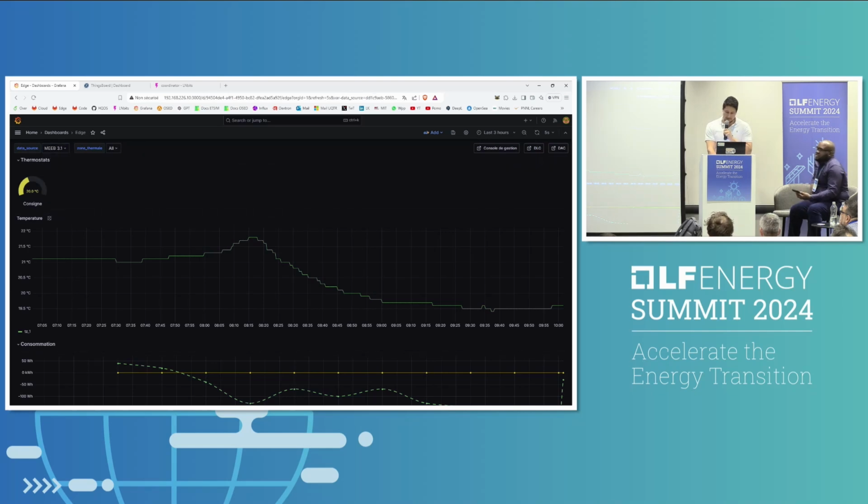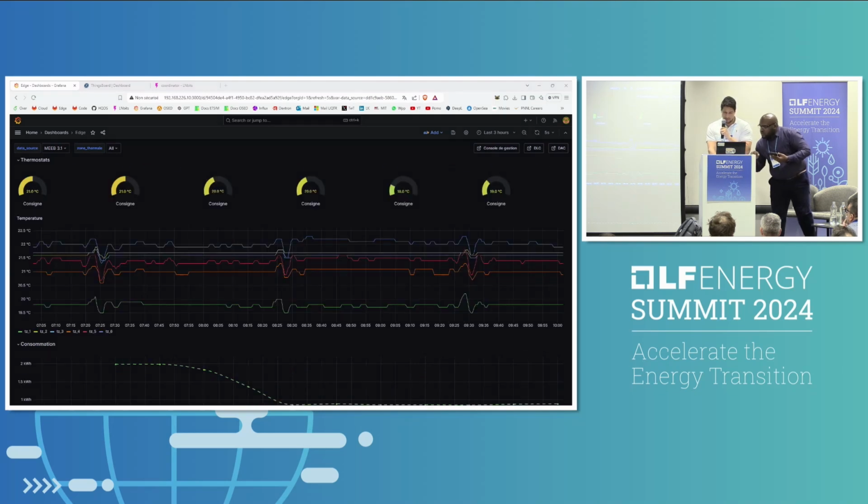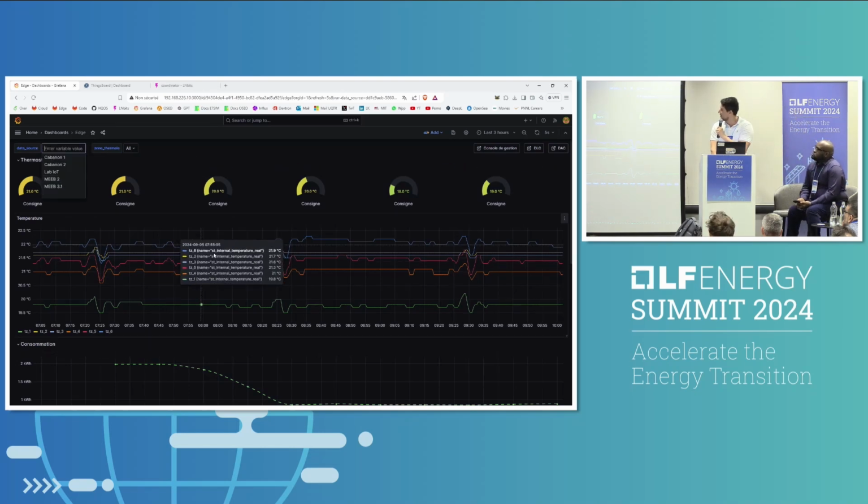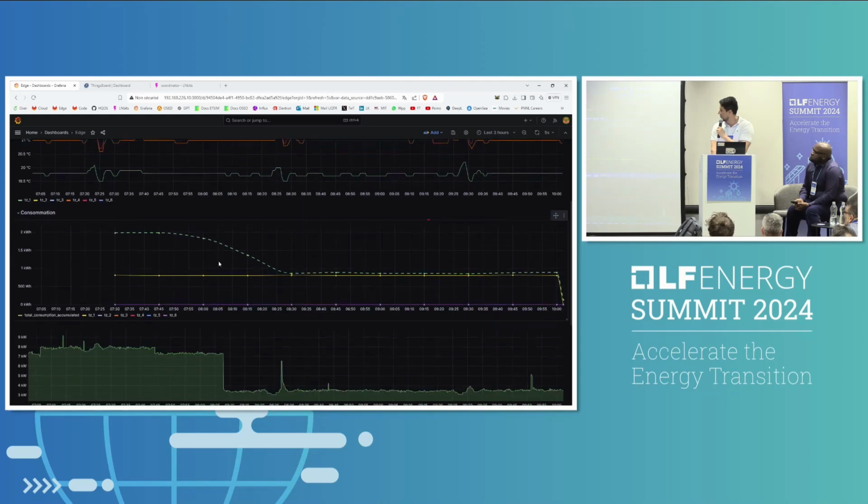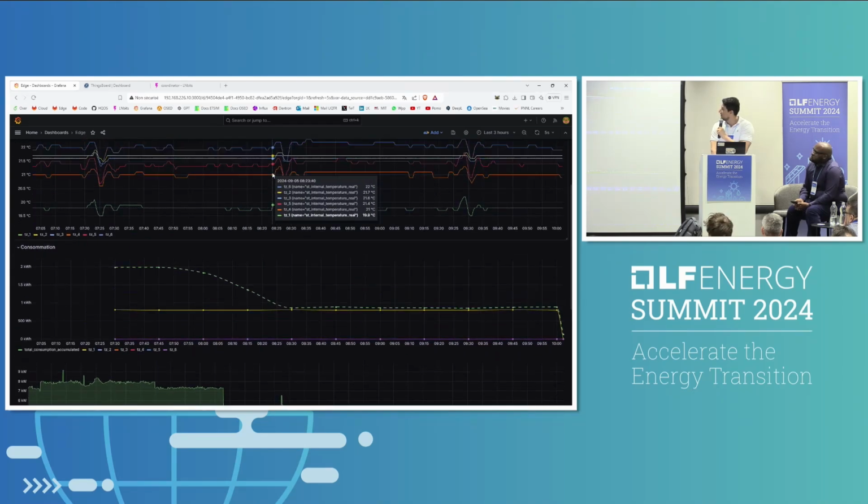The internet is not good, no? It worked? Okay. So this is one of the houses. It has 6 thermal zones. You can see here the consumption of the building, the set points.